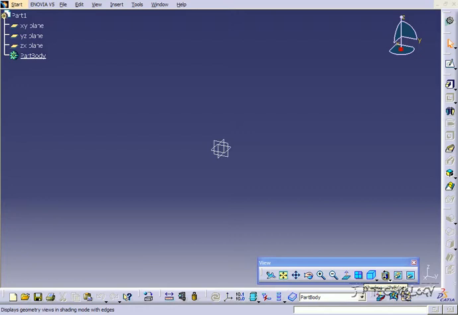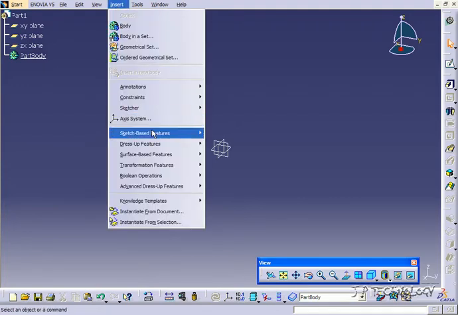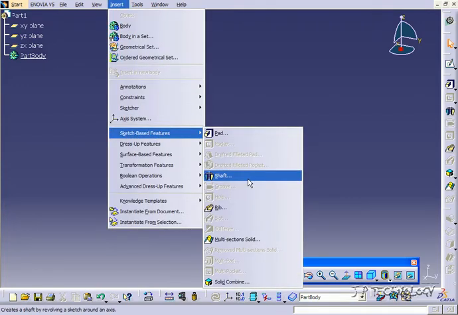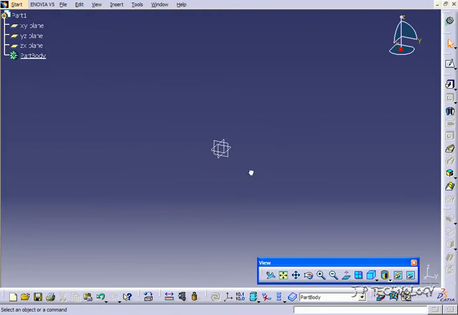is we have to have two sketches. So one sketch is going to be a profile, and the other sketch is going to be an axis that we're going to revolve this shaft around. The shaft feature can be found on the toolbar over here, or if you go to Insert, Sketch-Based Features, you can find the shaft feature here. So what we're going to do is set up the two different sketches that we need to